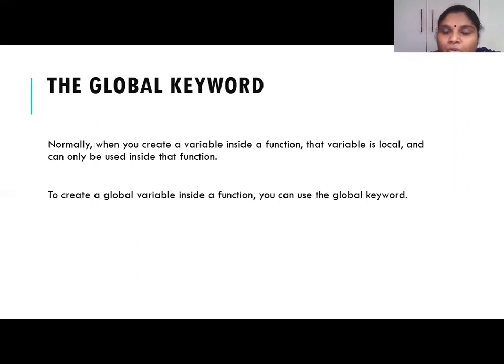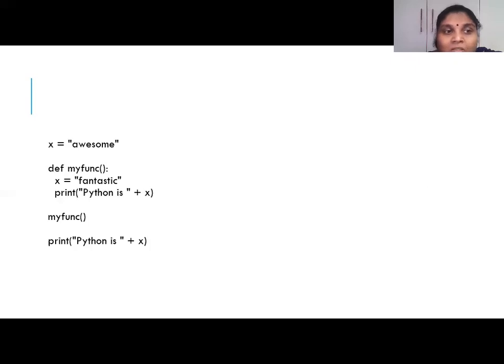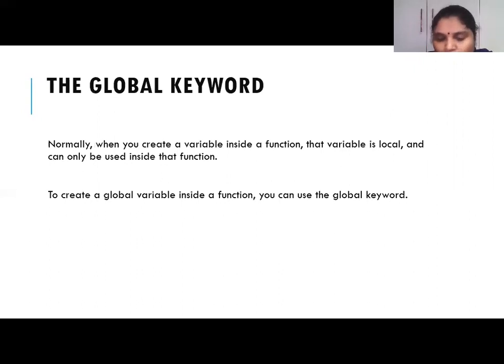Next, what is the use of this global keyword? If I declare something outside a function, it is automatically understood that it is a global variable. So now in a program, if I have a global keyword, what is the meaning? Whenever you create a variable inside a function, as we know, it is a local variable and it can be used only inside that particular function.